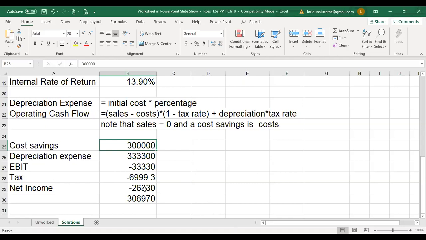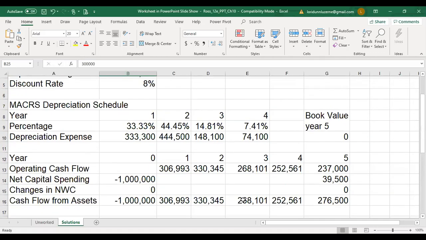So that's the net income. Now add back depreciation, which would then lead it to 306,970 cash flow. Okay. Why? Because this is negative. And then you would subtract a subtraction, right? Or I'm sorry, you would add this $333,300. So cash flow from this would be 306,970. And that's how they get,